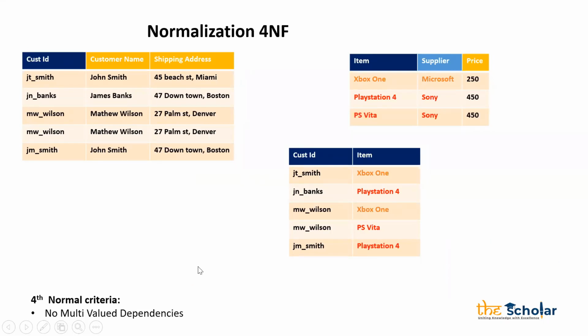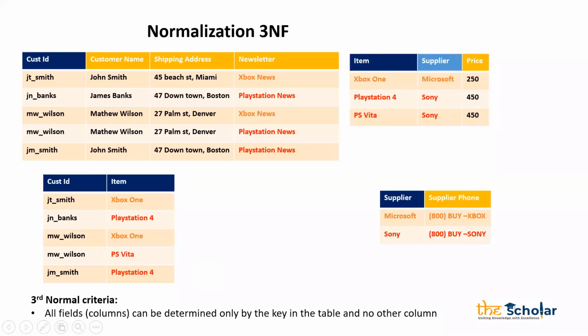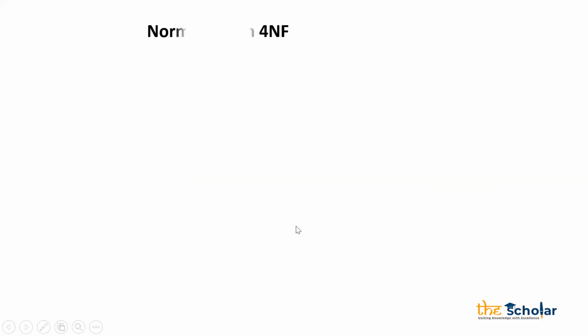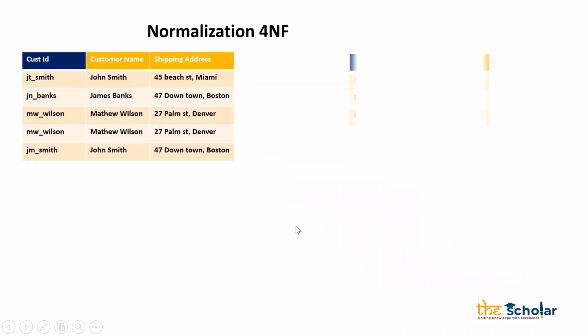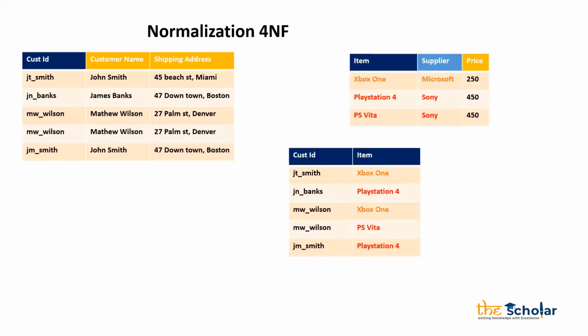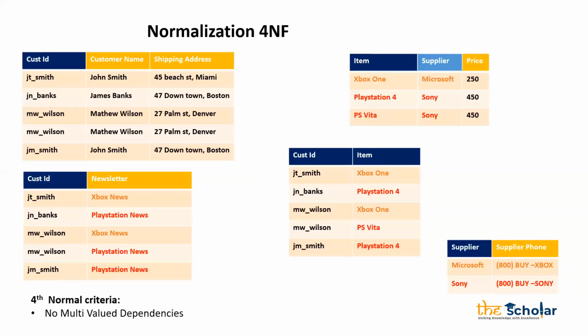If you see in the third normal form, we have Matthew Wilson has the newsletter Xbox news as well, and Matthew Wilson has the newsletter PlayStation as well. Now this is a multi-valued dependency. What I want is to break it. As I mentioned, fourth normal form we don't normally do. We go till the third normal form only. But just for your understanding, if you want to make it a fourth normal form,